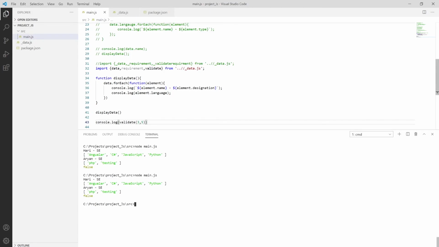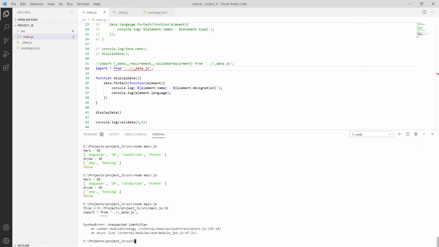So instead of putting in an array, I can put star. Let me put star over here and save it, and if you run it, it will work. It will give me an "as" requirement.